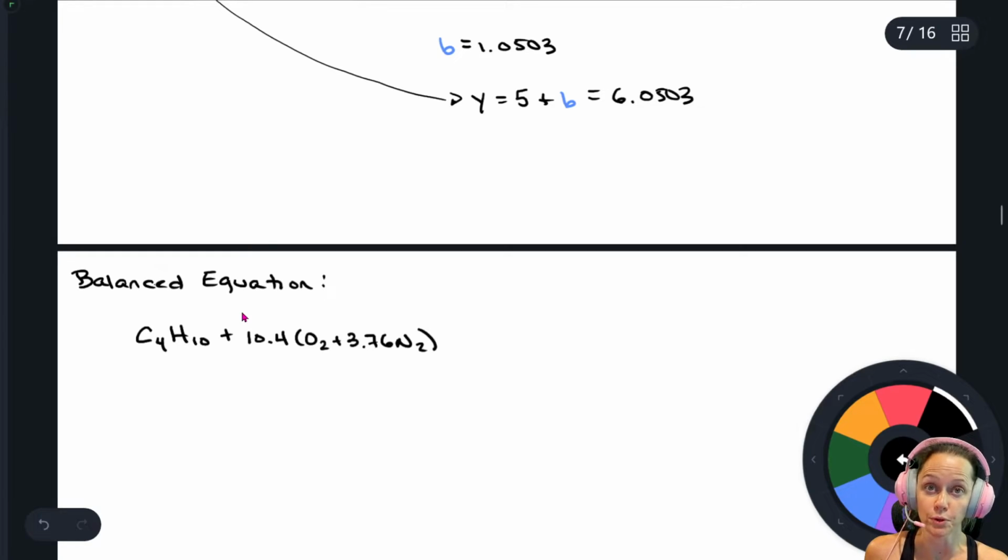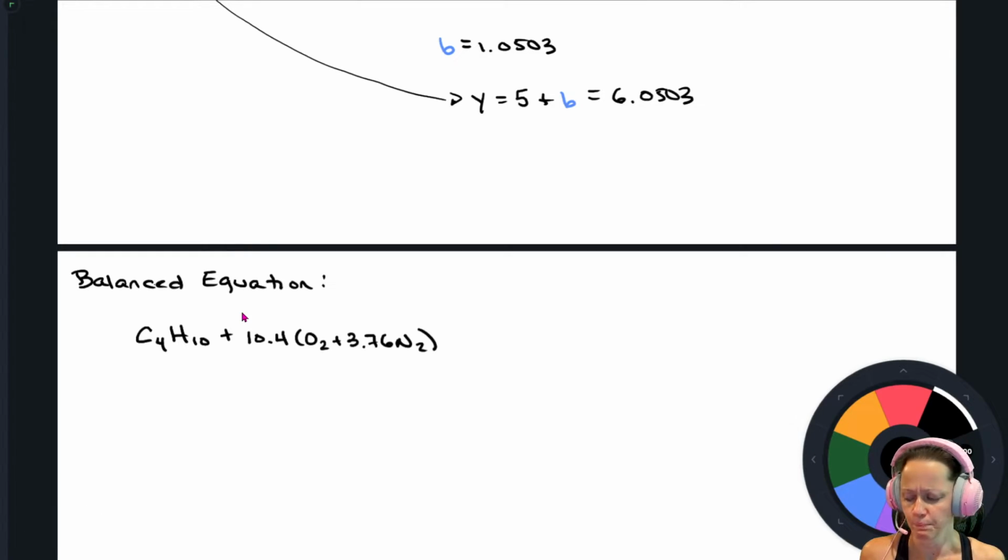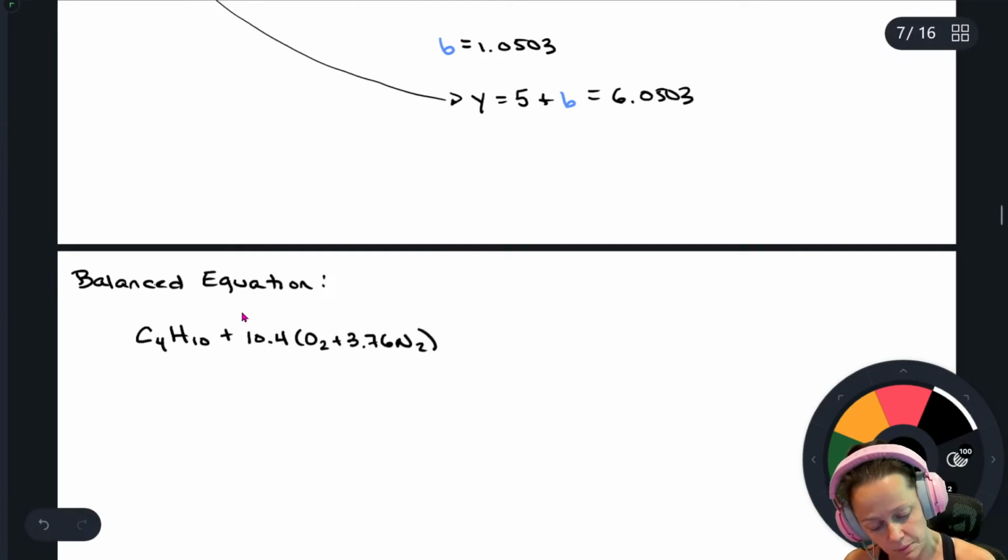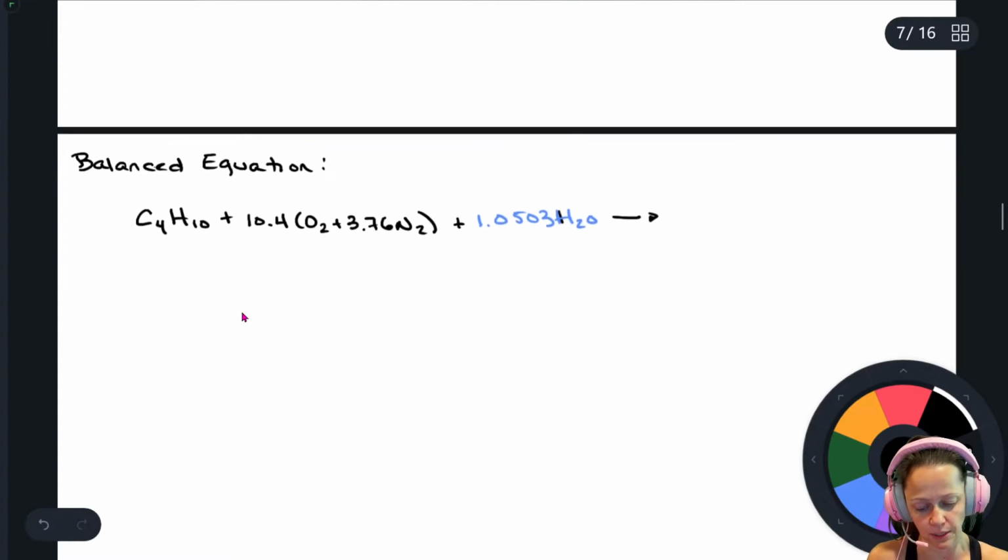Right, so that's the 1.6 times 6.5, plus B, which is that 1.0503, H2O, and that's going to yield, let's bring it down to the next line,